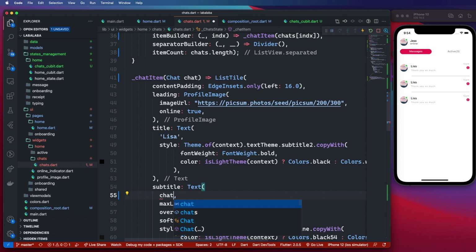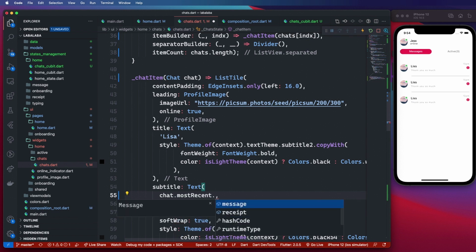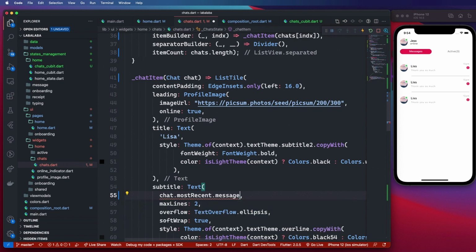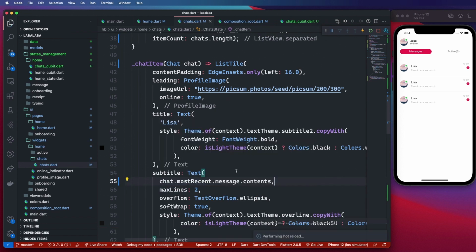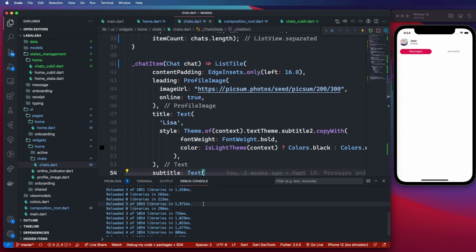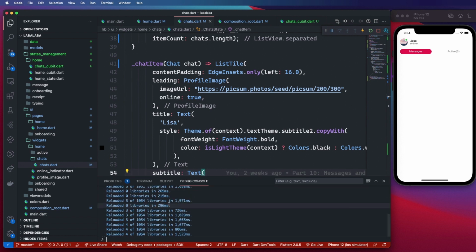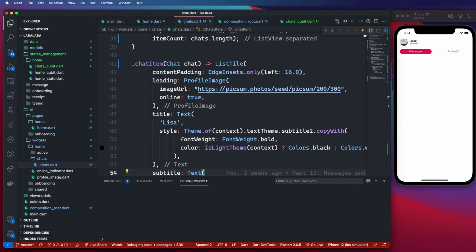So chat, most recent message, contents. If I go ahead and save that, there is nothing there since we do not have a chat inside of our local database. If I refresh that again,